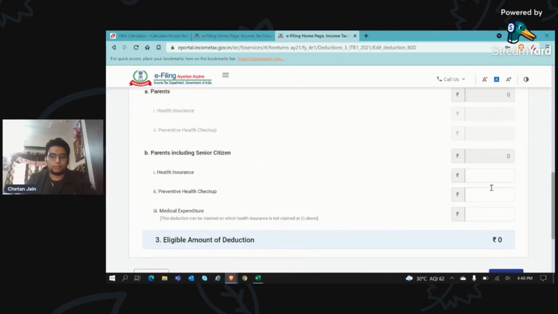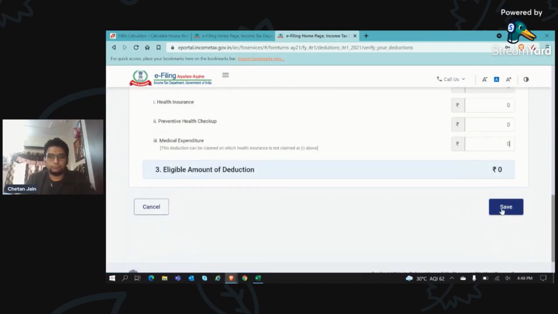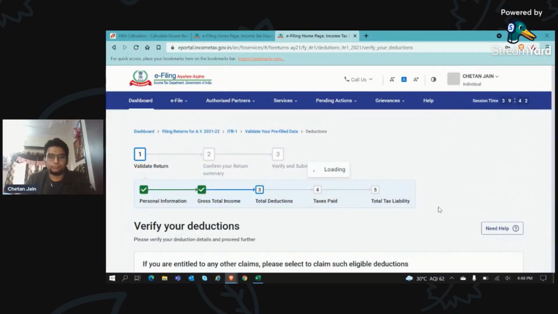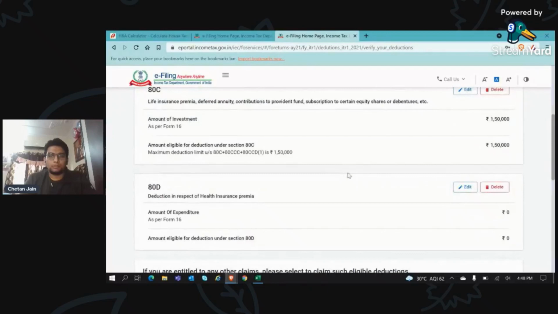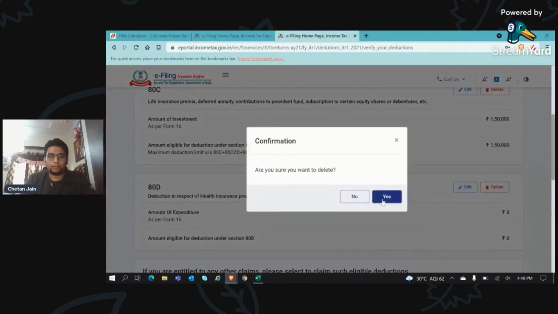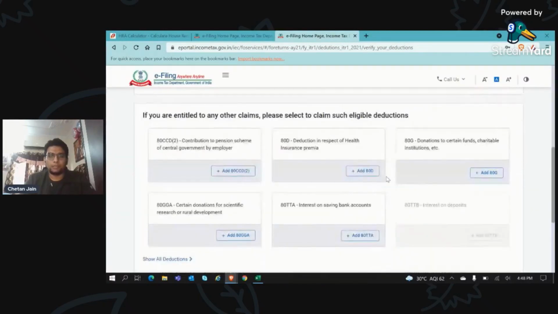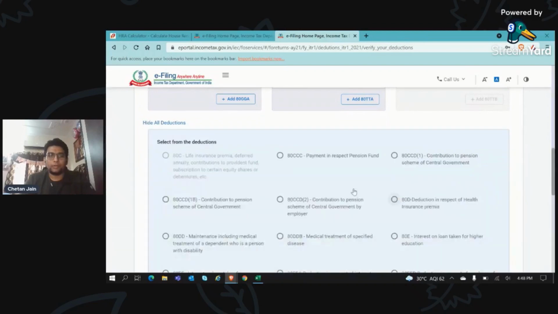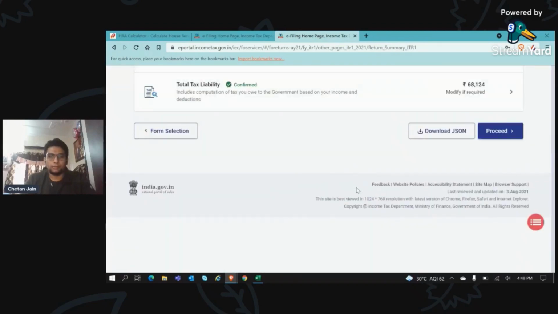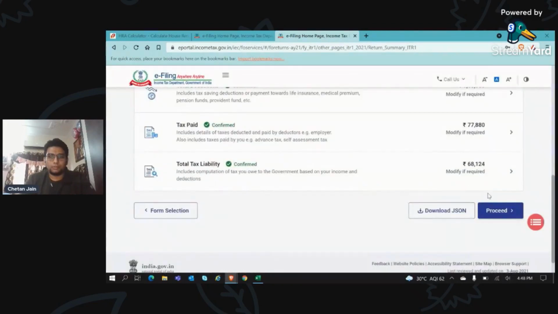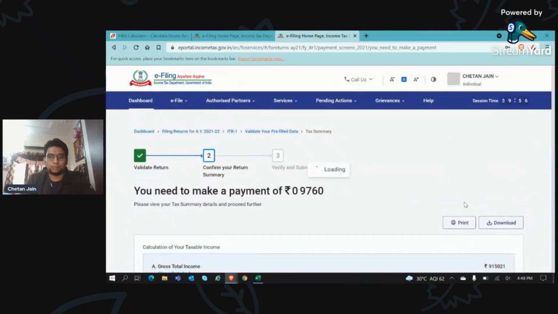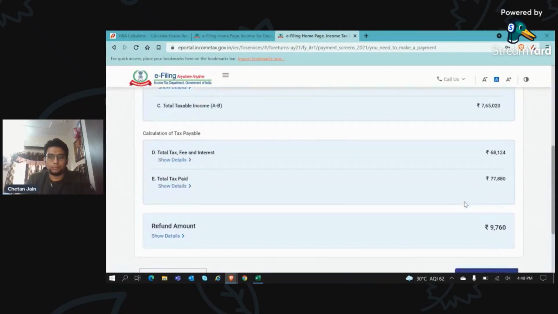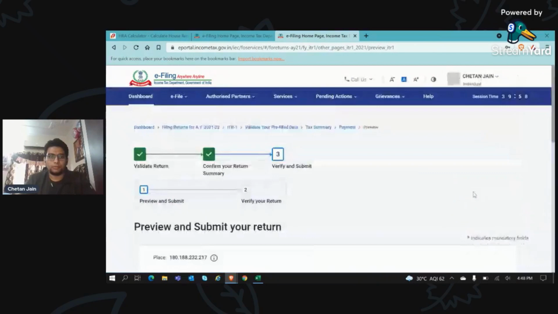And from my side, I'm not having any health insurance for them. So again, these steps come again for the revalidation part. Proceed, preview return.